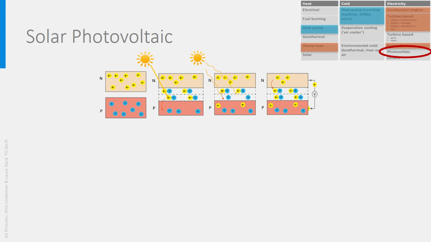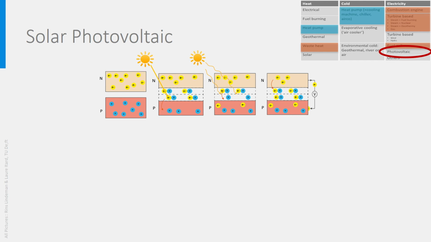When solar radiation travels through the N semiconductor and hits the junction, it absorbs energy from the radiation, and this energy is just enough to help the electrons that are in the neutral zone close to the P side to jump further into the P side. This in turn allows the electron in the neutral part of the N side to jump to the P side to re-establish neutrality, which in turn gives the opportunity to the electrons above in the N semiconductor to move to the neutral zone. That's pictures 3 and 4.